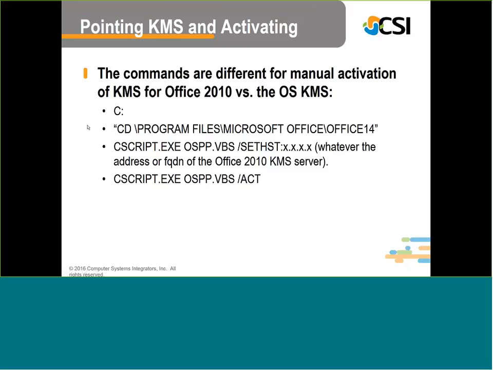But if we're trying to do the same type of manual activation in DOS, here's the command. C:\Program Files, Microsoft Office, Office 14 in this case, but it could be 15 or 16, it could be 64-bit versus 32-bit, whichever version you have. Just fill that in. Then we run this VB script, ospp.vbs /sethst, whatever it is, and then we do ospp.vbs /act to activate. So that's the way to activate Office KMS